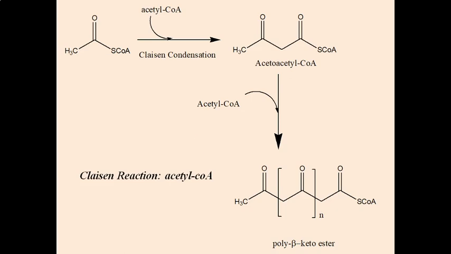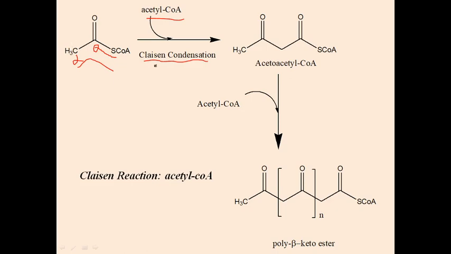The reaction which is primarily carried out in the acetate pathway is like this: acetyl coenzyme A reacts with another acetyl coenzyme A, and undergoes a reaction like Claisen condensation. For Claisen condensation, the required material is an ester, and the ester must have alpha hydrogen. This is carbon zero, this is carbon alpha, and at this carbon alpha you can see there are 3 hydrogens. So obviously this is a Claisen reagent.